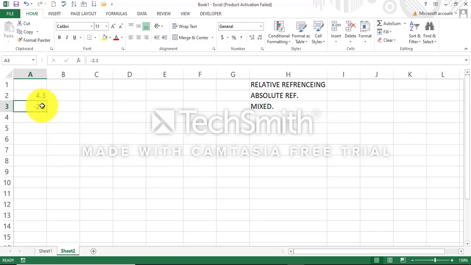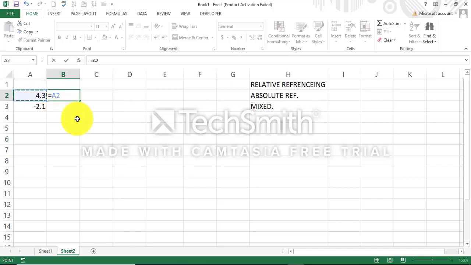This other cell here below A2 is known as A3. So those are the cell addresses. We have A2 and A3. We use these various cell addresses in formulas. For example, I can write here in cell B2, I can reference A2 either by directly typing it on the keyboard, or you can point and click over here to cell A2, and I'm just going to take that